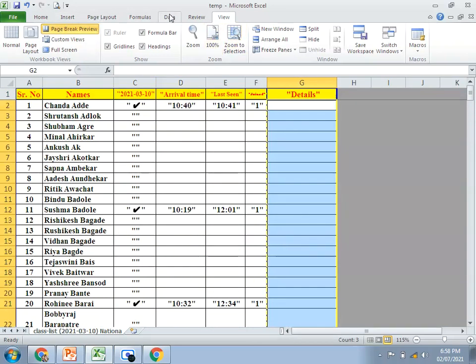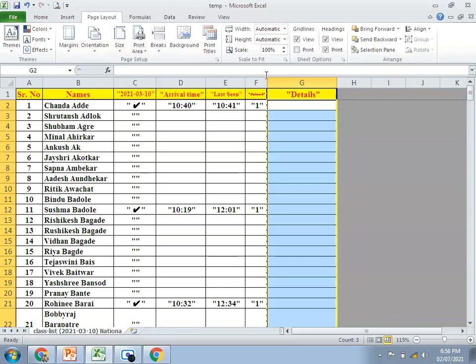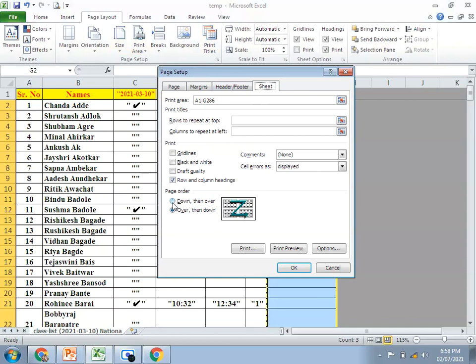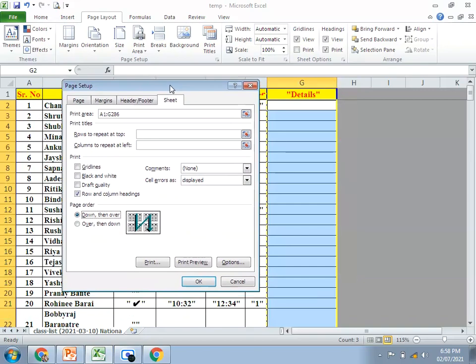So in print titles, down then over means it will take the first part, second part, and then it comes to this G part, first, second, third.